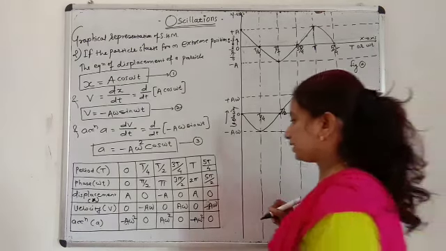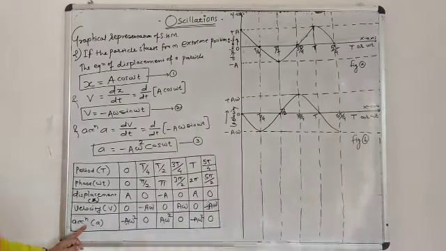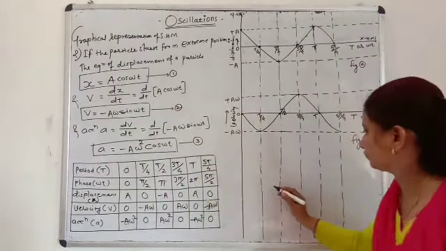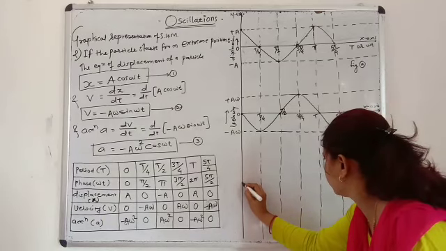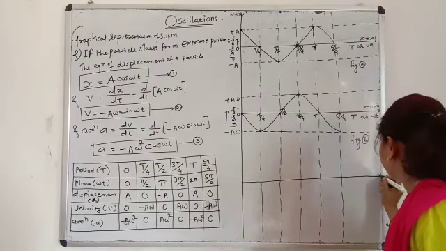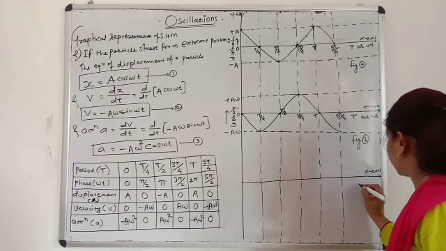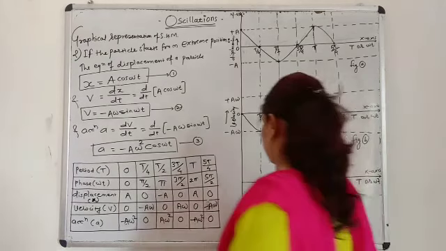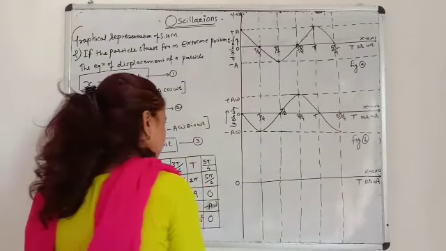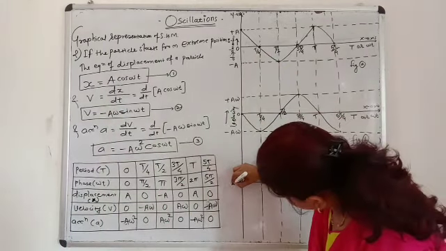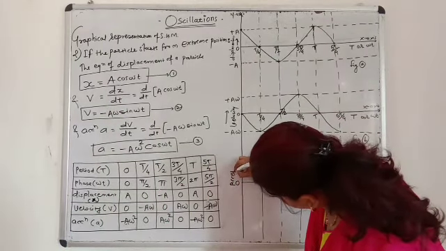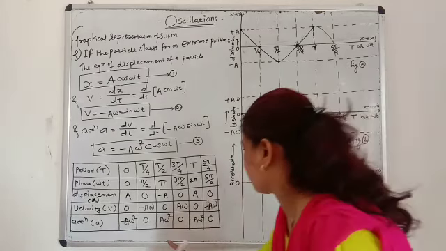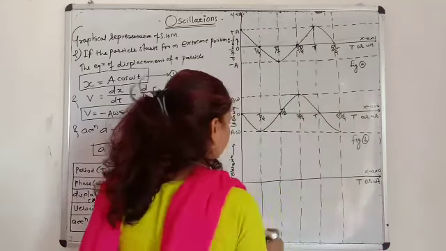Okay. Now the third graph is between acceleration versus periodic time. So here we plot the third graph. This is the x-axis. Along that x-axis we take periodic time or the phase omega t. Mean position is here. Along this y-axis, acceleration, and acceleration is varying from plus A omega square to minus A omega square.